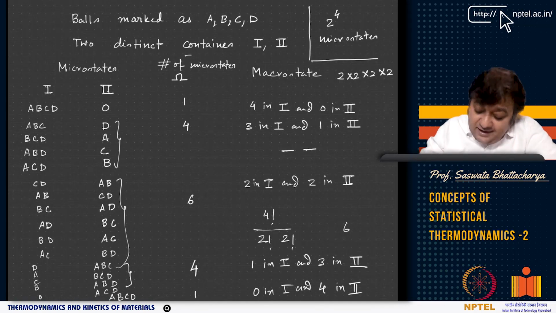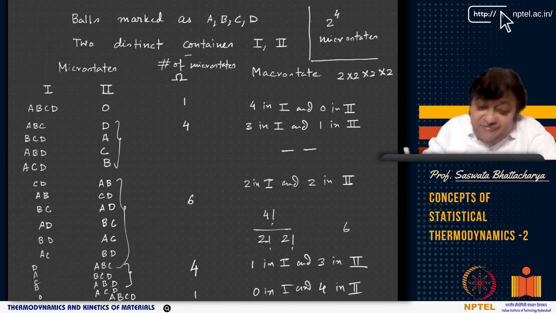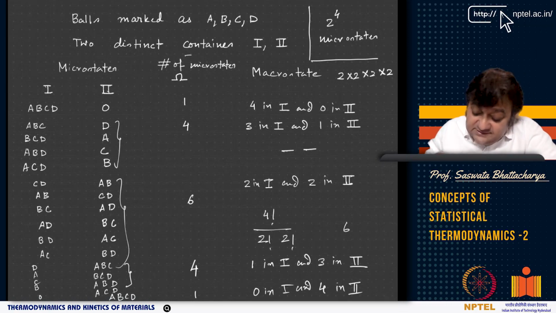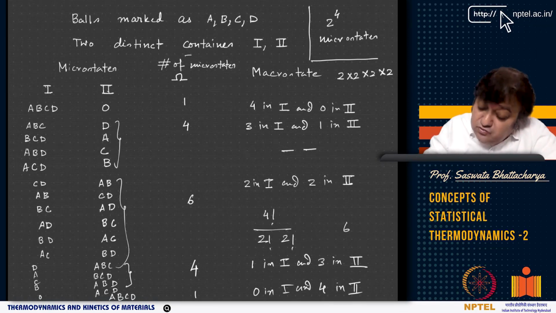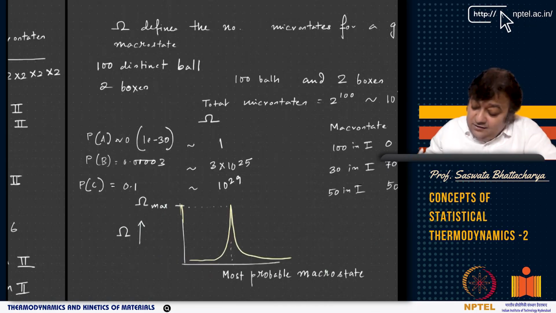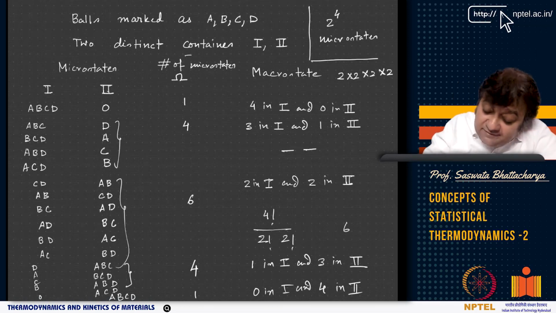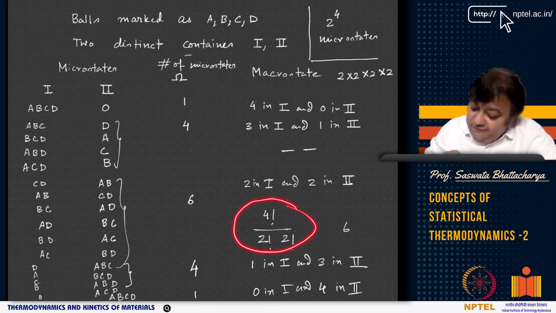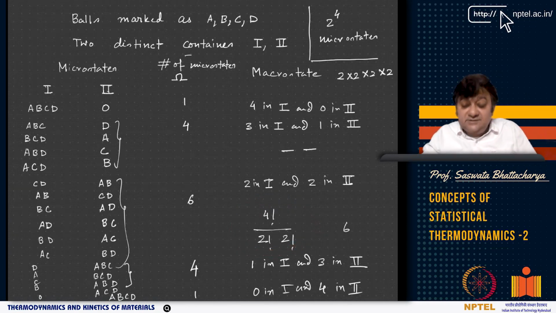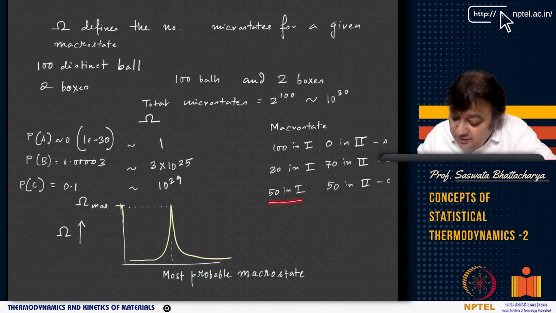Please look at this problem again and try to find out, for example, here it is A, B, C and D. How did we find this number 4, and how did we find this number 6? Note that there are two boxes here and 4 balls. I have given a formula: 4 factorial by 2 factorial, 2 factorial. Similarly, the number of ways I can have 50 balls in 1 and 50 in 2,